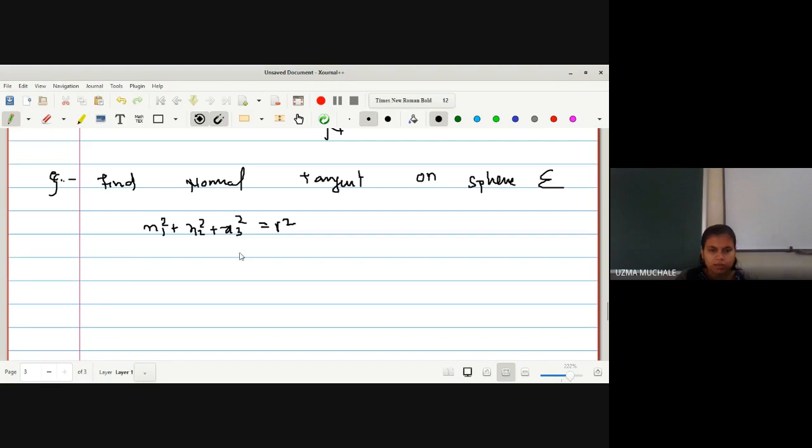Okay, so now you have to find out tangent and normal both. Can you do this? Simple, you have to find out del g, which is a normal, and then find out the tangent. Try to find out, and then I will tell you what is the tangent and normal. The same question was there in a set exam. They had asked for the tangent; here both tangent and normal are asked.